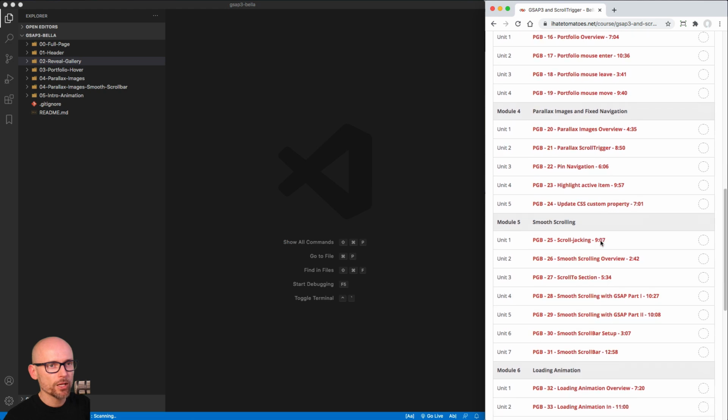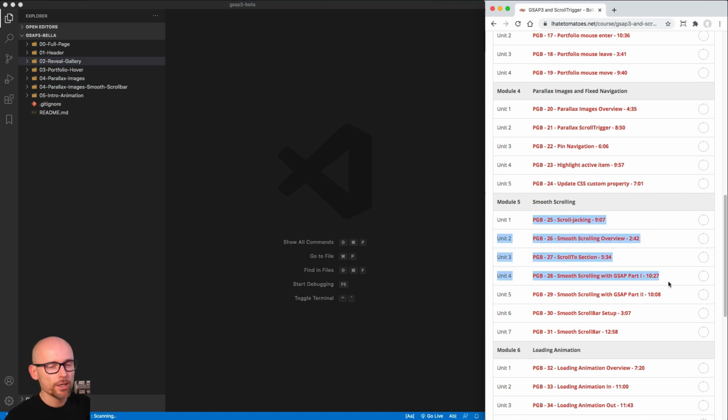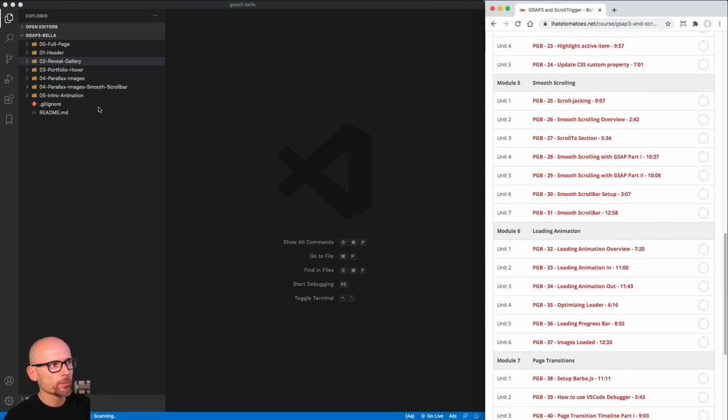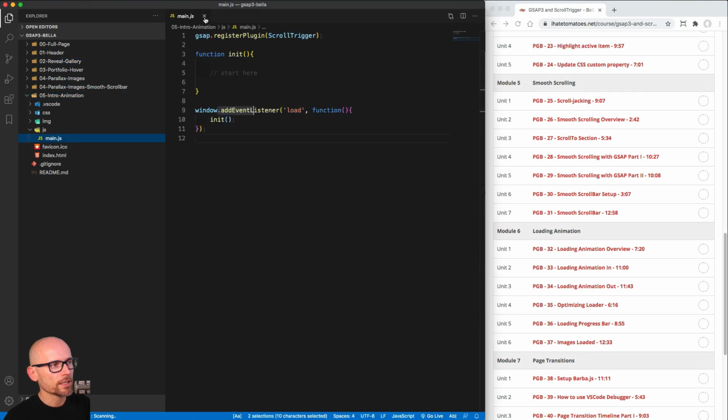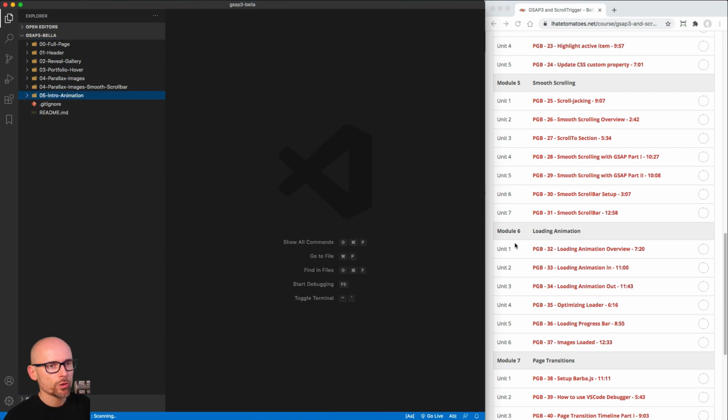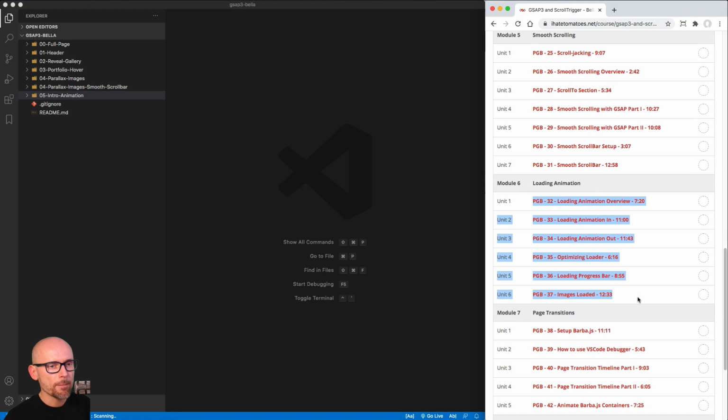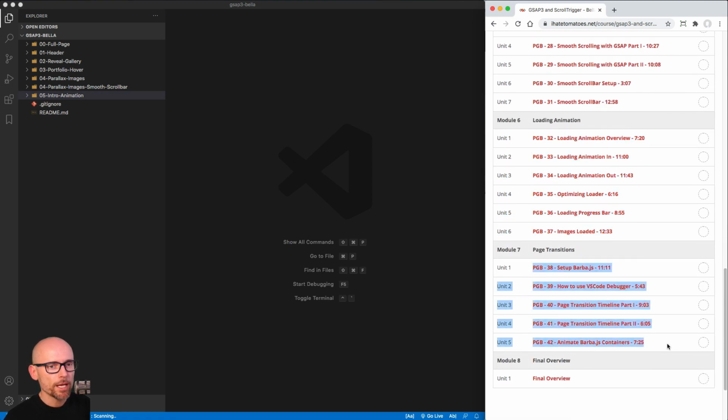It links together because once you see how these effects work and how you can smooth them out using GSAP or smooth scrollbar, it definitely links all together. Module 6, the loading animation, will be created in the 05 intro animation. Again, this folder is completely fresh, so you can jump straight to it if you want to, and we will be building on top of that inside of the page transitions. But again, you can jump straight to page transitions if you like the challenge. And then at the end, we'll put it all together in the final overview, and I'll give you the final